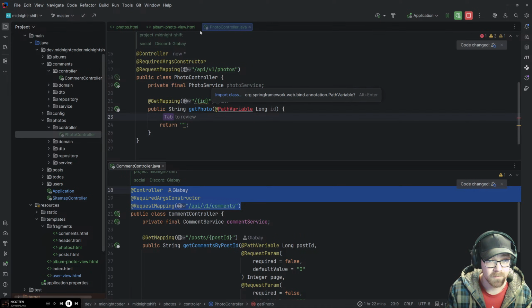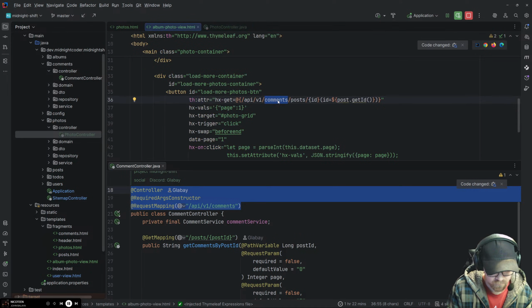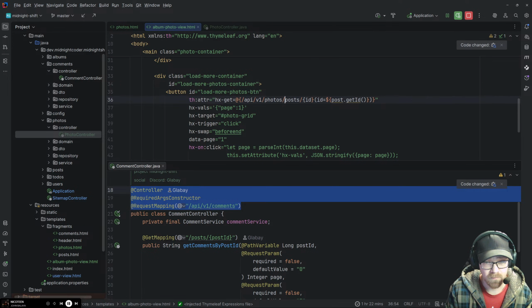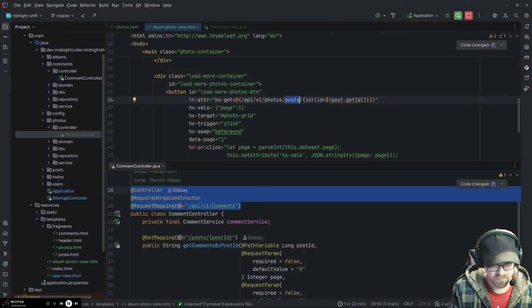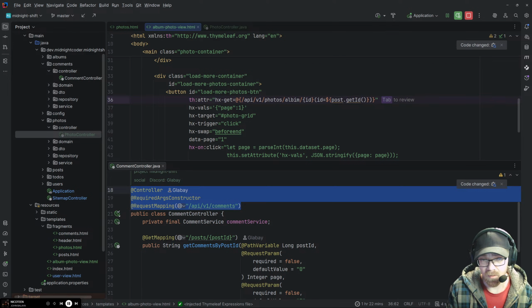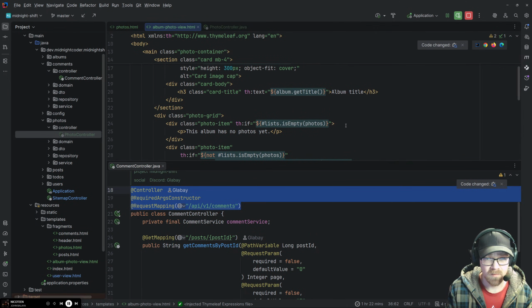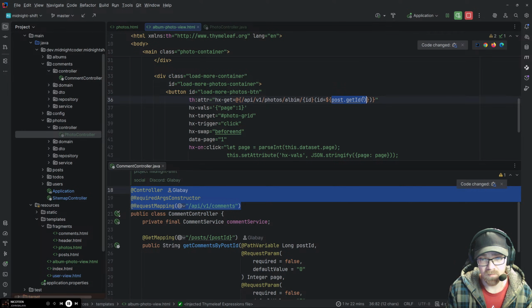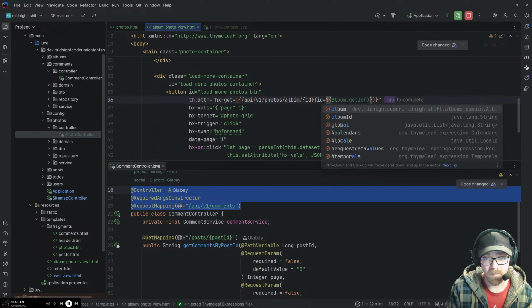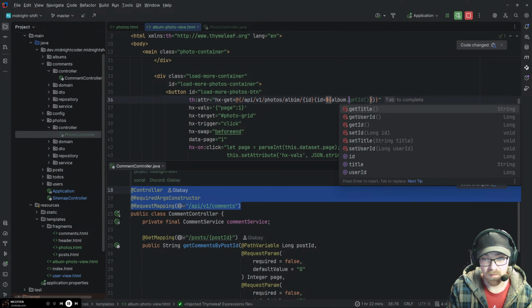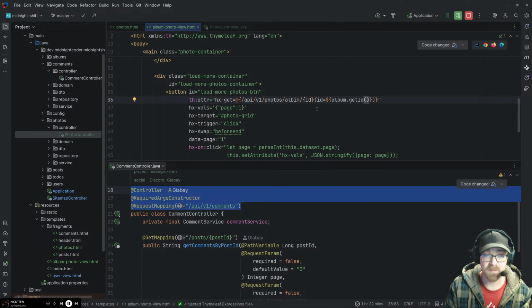I'm calling it photos slash album. And we'll take in the album ID here, which would be album dot get ID.